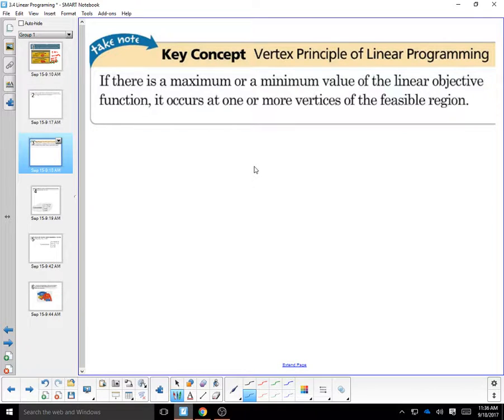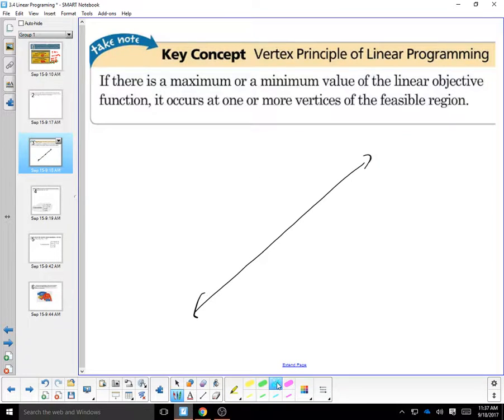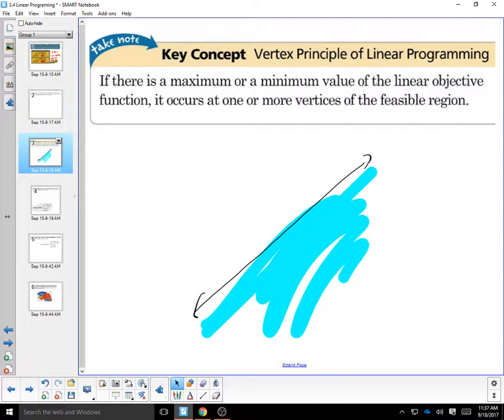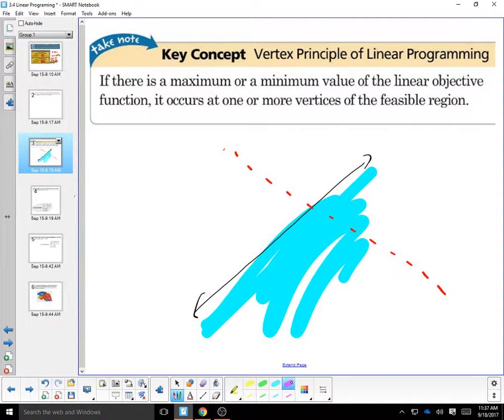Okay, here's what it's saying. Think back to the systems of inequalities. Let's say this is one line right here. And then we had to shade above or below, right? Let's make this up here. Let's go shade below this. Cool? And let's say I had another function, and there's the other one. And when I figured out to shade that one, I also had to shade below. So when I shade below that line,